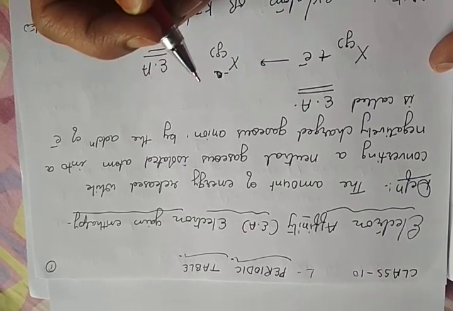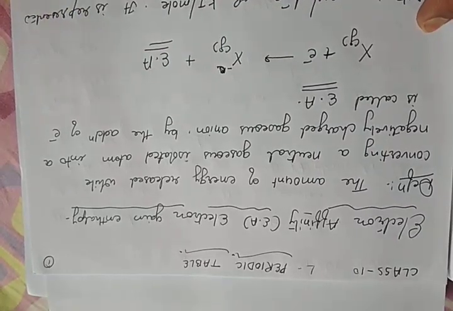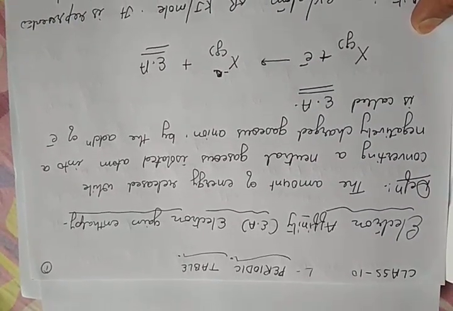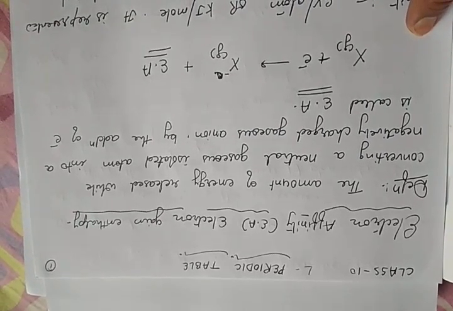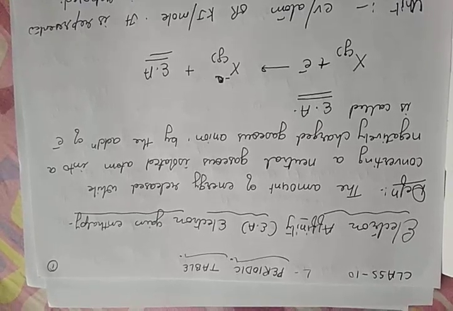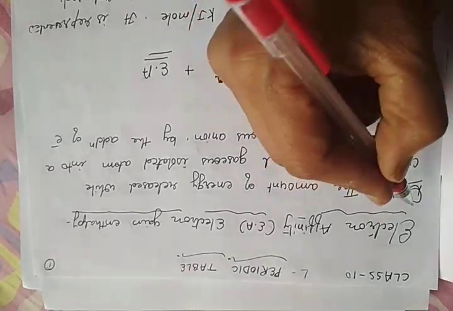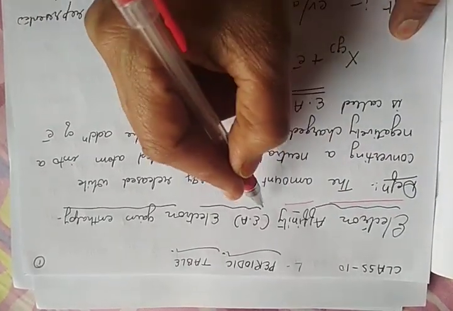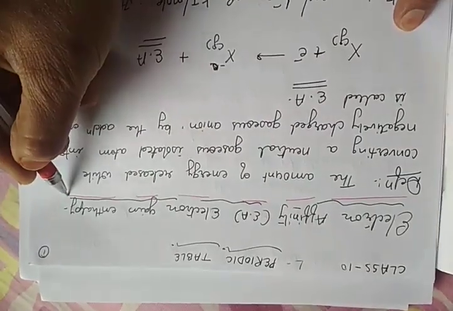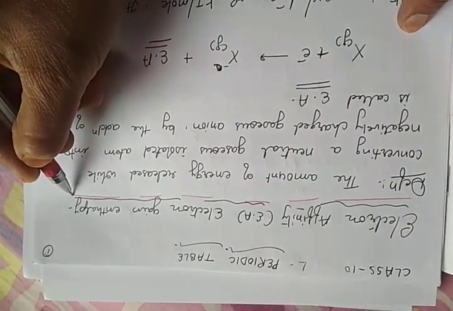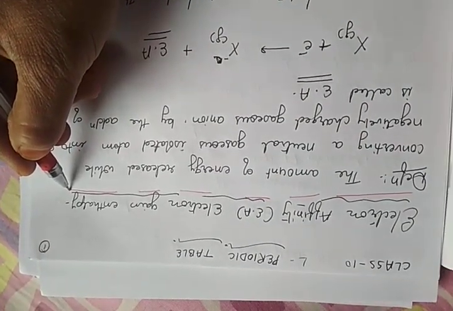Good morning, students. In the last video, if you remember, we completed ionization potential and ionization energy, that is the energy required to remove an electron from an isolated gaseous atom to form a positive cation. Now today we are starting with the new topic, that is electron affinity, which is also called EA in short, or electron gain enthalpy. As the metals are losing electrons, in a similar manner, non-metals are accepting electrons.